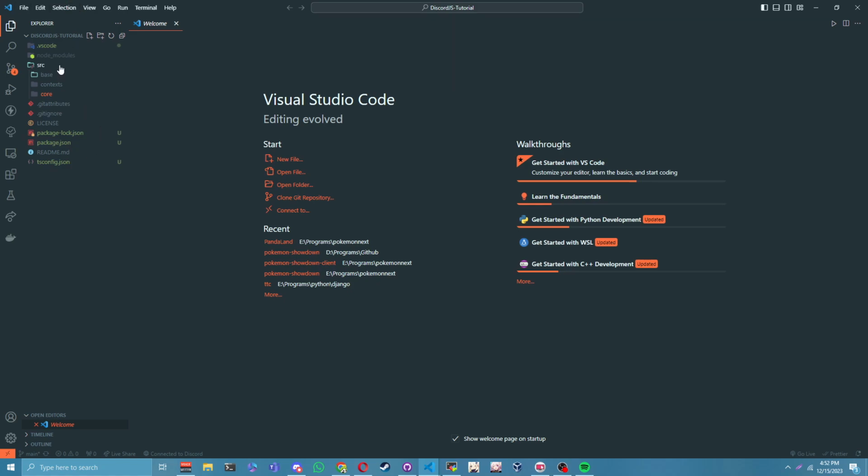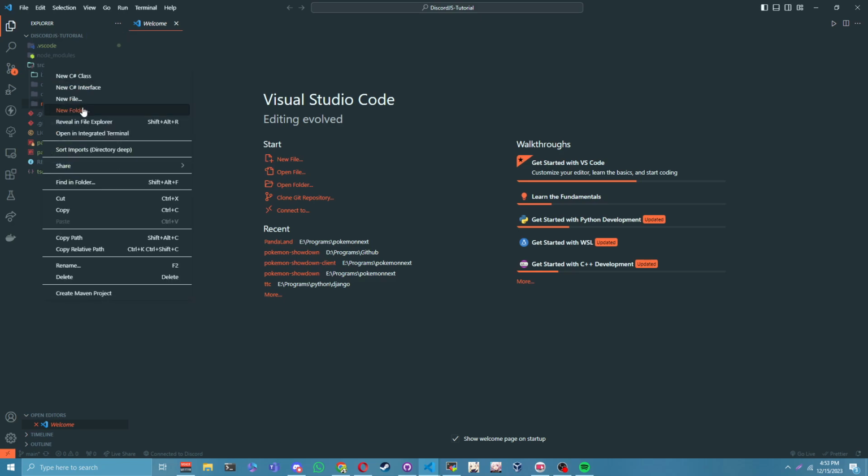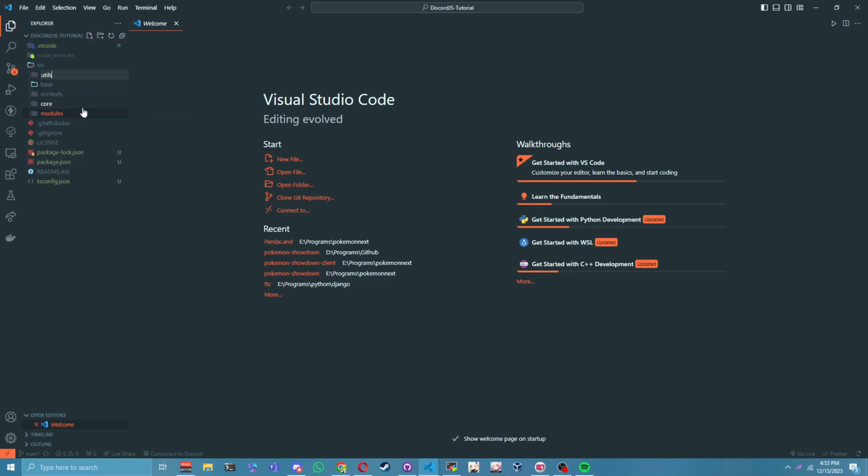Okay, and then we're going to add in modules. So this is all of our commands, our events, our monitors, and tasks. Okay, modules. And we're just going to have another folder just called utils just in case. There we go. And we're actually going to make another folder, and we're going to call this bot, because